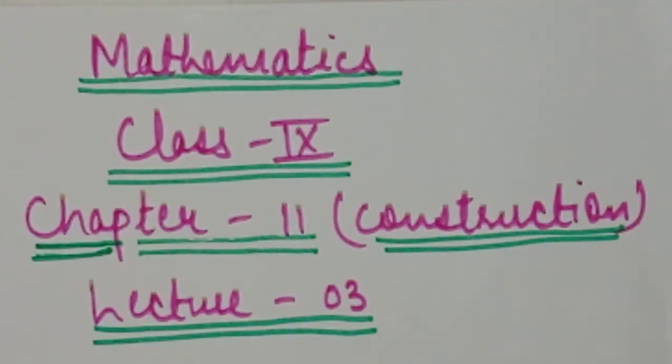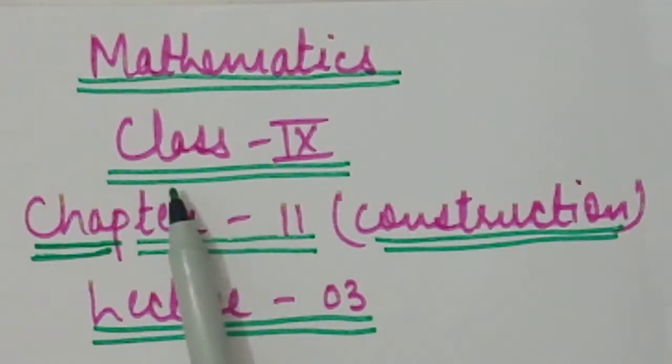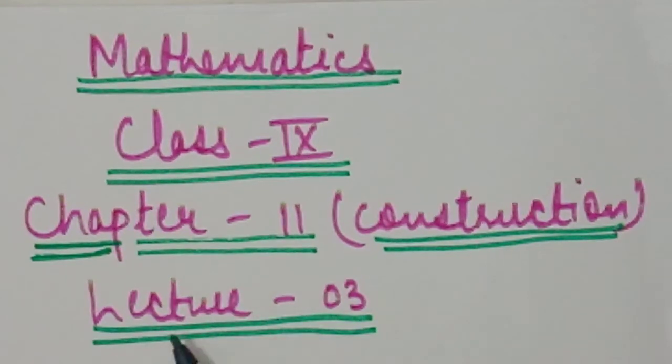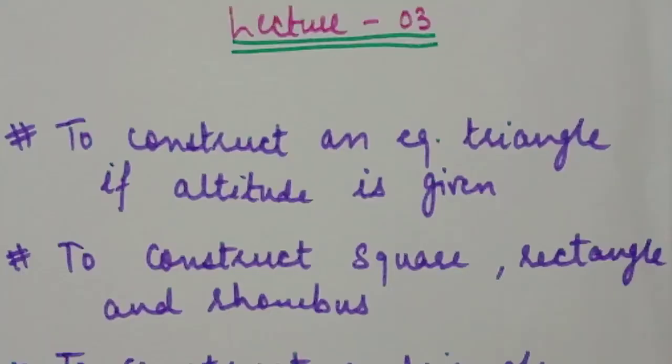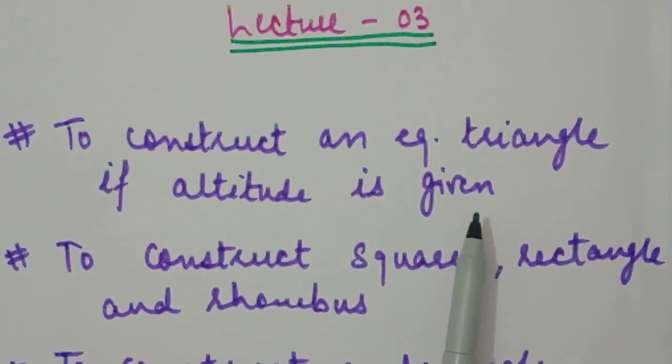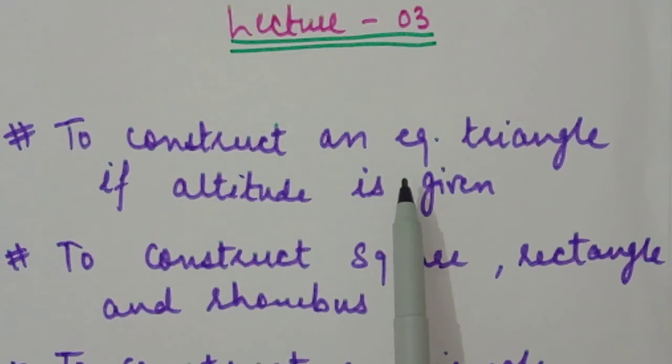So students, this is your mathematics class for class 9th, chapter number 11, construction. This is our lecture number 3. In today's lecture, we will first discuss how to construct an equilateral triangle if the altitude is given. In previous lecture 1 we discussed an equilateral triangle with angle 60 degree. Now we will learn how we will construct a triangle